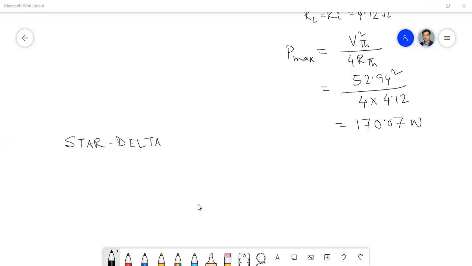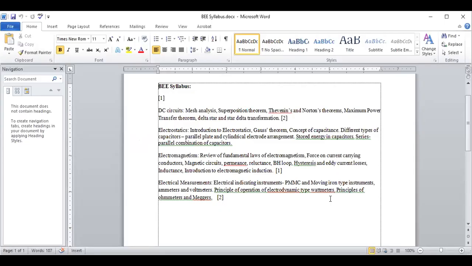Now, actually, this is my syllabus, as you can see on this Word document. Can you see the Word document? Yes, sir. Electrostatics, electromagnetism is also there. So I'm saying, the second two things, the electrostatics and electromagnetism. These two things, I think you have already studied in your earlier classes, that means in your 10+2 classes, isn't it? Most of the things like capacitance calculation, Gauss theorem.